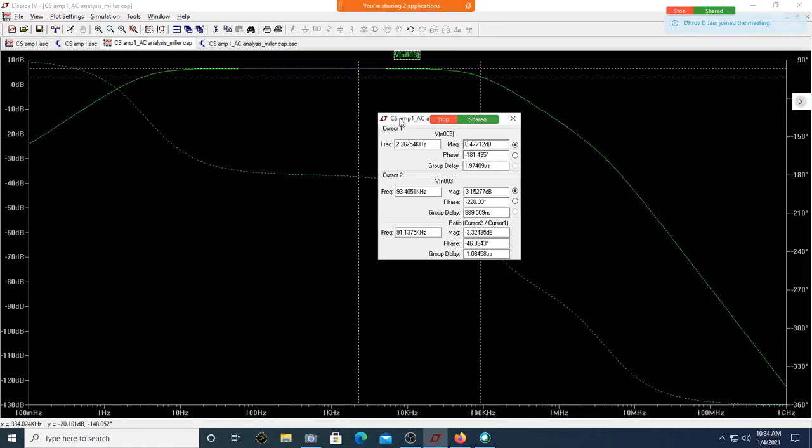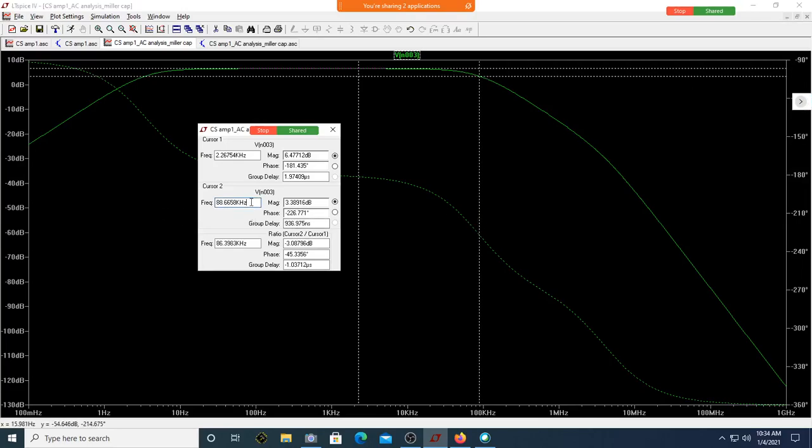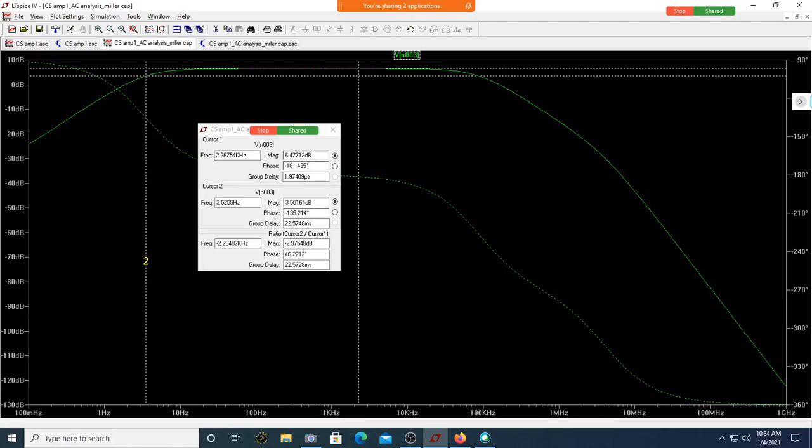Let me take this out. This should be 3 dB down. Can you see it's almost there? 88 kilohertz, which is very close. 85 and 88 is not too much of a difference, hardly 3 kilohertz. On this side, again 3 dB down, I'm supposed to get around 3.4 hertz. Can you see you are there? 3.4 hertz is the F1 value. The F2 value was around 88 kilohertz, which is the expected value.